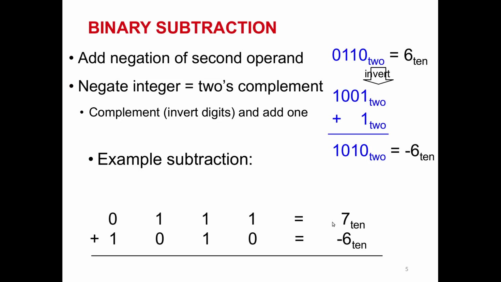Here, for example, you would like to do 7 in decimal minus 6 in decimal. Instead of doing minus 6, you will add minus 6 here, that is the value 1 0 1 0. So the second operand here will be 1 0 1 0, and here is 7 in binary, 0 1 1 1. You do the addition. 1 plus 0 is 1 and remember 0. This 0 will be taken here, plus 1 and plus 1, you have 0 and remember 1 here. This 1 will be taken here.